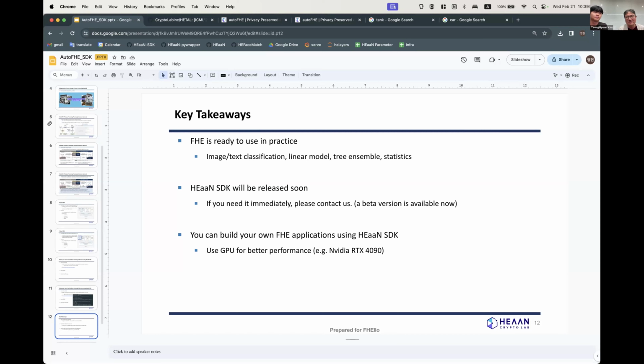But if we use some other data set, for example, our skin cancer examples, each class needs at least 400 images. You can find the example in our AutoFHE demo page. In that case, it consists of 4 classes, and each class has 400 images. The training time is maybe 20 to 30 minutes, something like that.